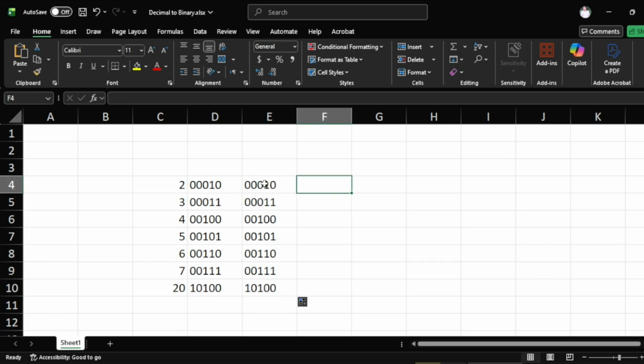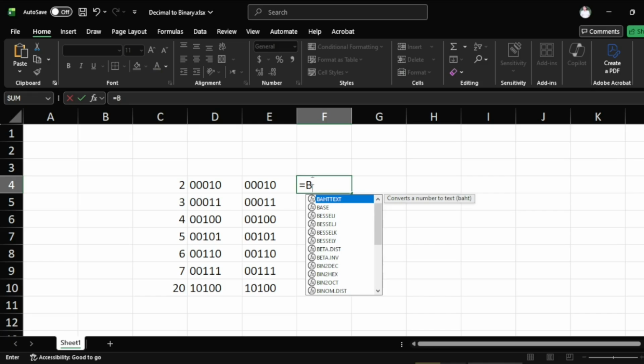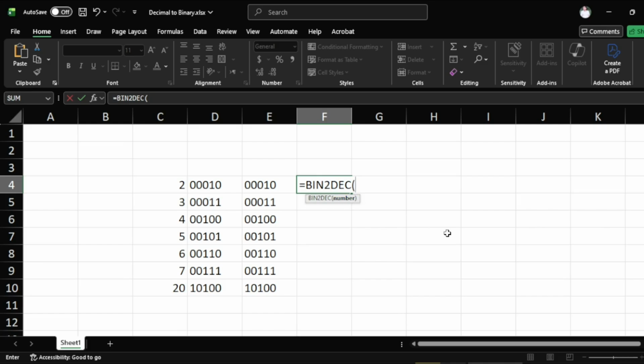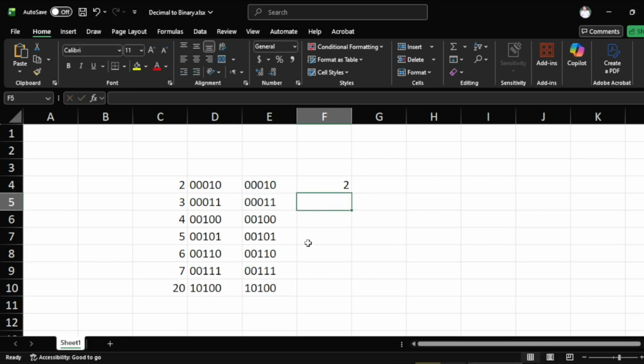And now I want to convert the binaries to decimal. So for that, again, I need to activate the formula mode by entering an equal sign, and then I write BIN2DEC. Here I add the cell number, and I can add a cell number from column D or a cell number from column E. So I want to add E4. Then I close the bracket and run it. You see now this binary is converted to decimal, and if I use the fill handle for the rest,